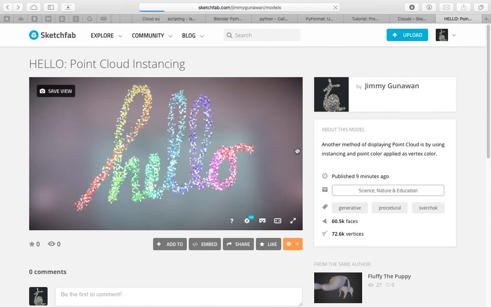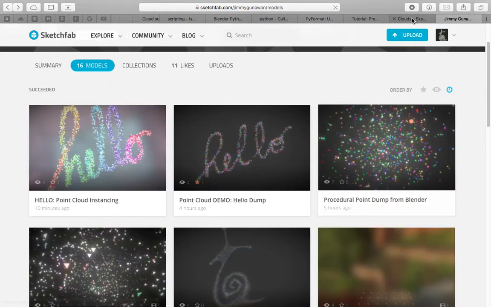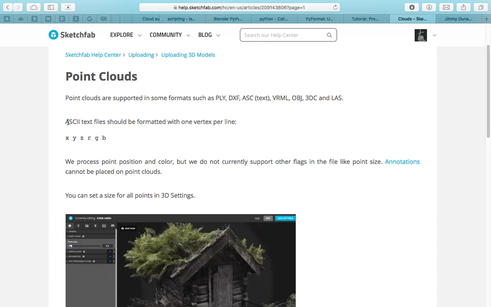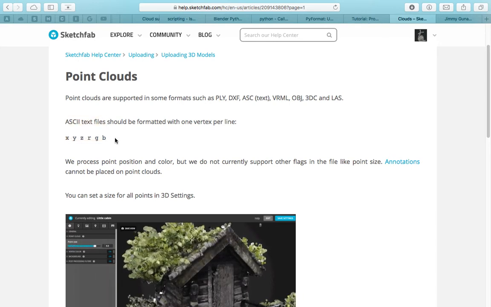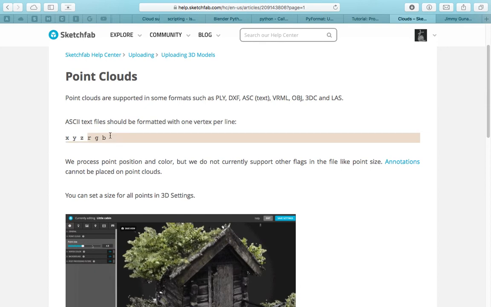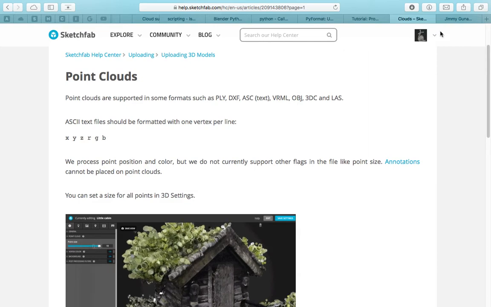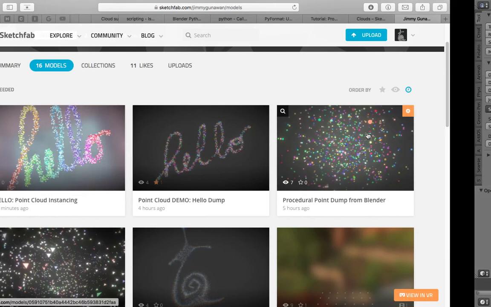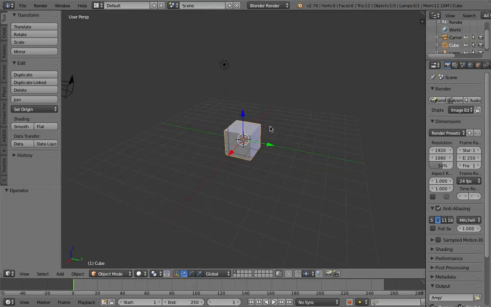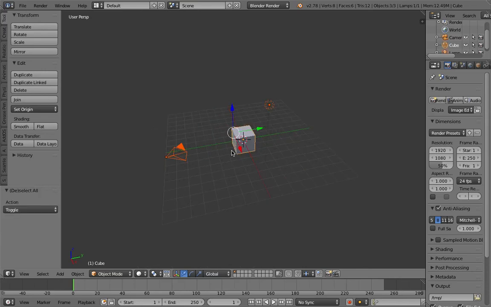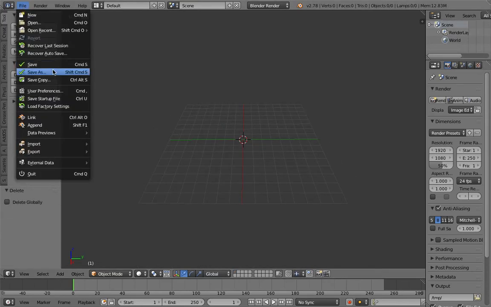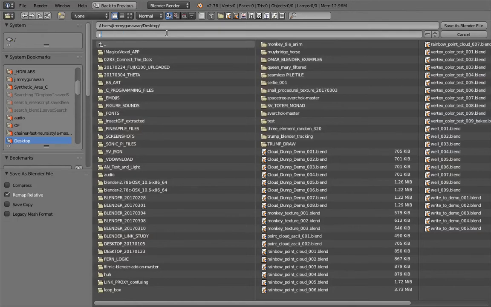So let's do the first example, how to export out point cloud. Back to this one. Basically, you just need an ASCII text file with this format: XYZ for the position and RGB for the point color. This is super simple to create. I will do that real quick using Sketchfab inside Blender. So I'm gonna delete everything, and I'm gonna save this as point cloud basic 001,